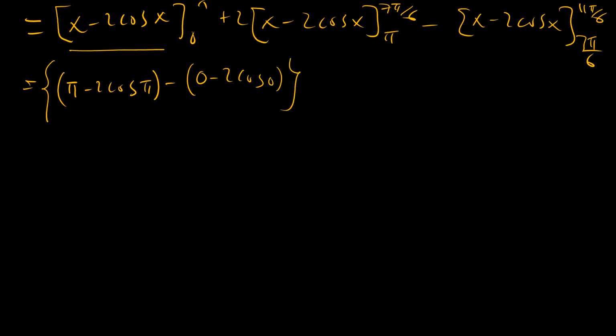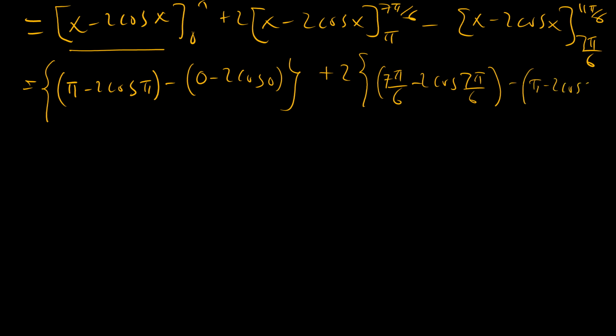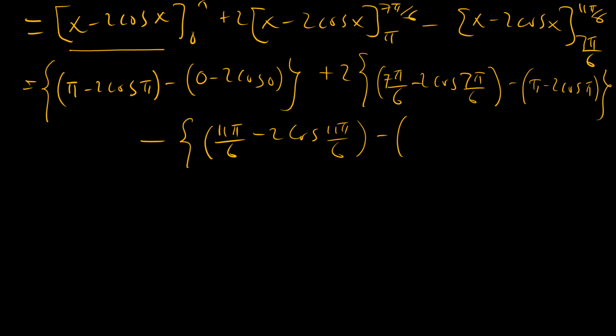This covers this, plus 2 times the bracket 7 pi over 6 minus 2 cosine 7 pi over 6 minus pi minus 2 cosine pi, close bracket, minus the bracket 11 pi over 6 minus 2 cosine 11 pi over 6 minus 7 pi over 6 minus 2 cosine 7 pi over 6. Okay,